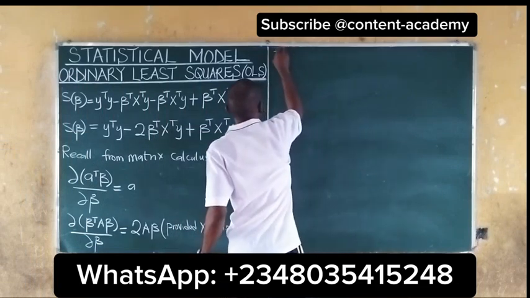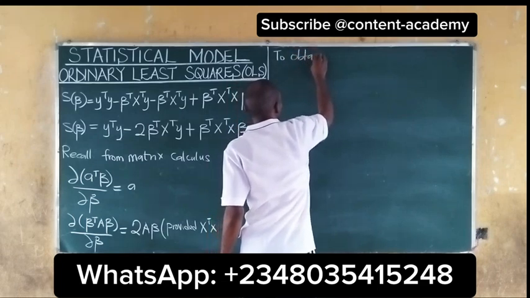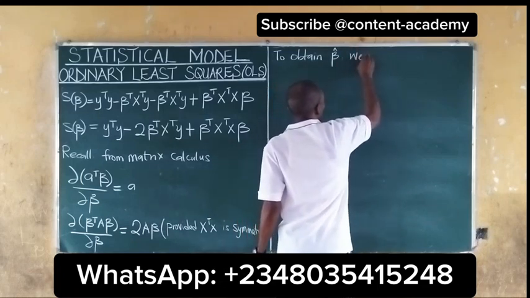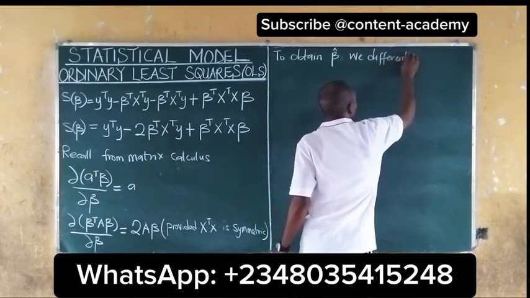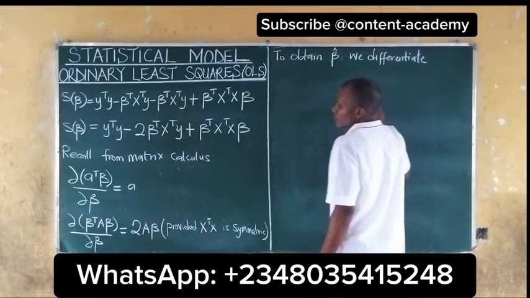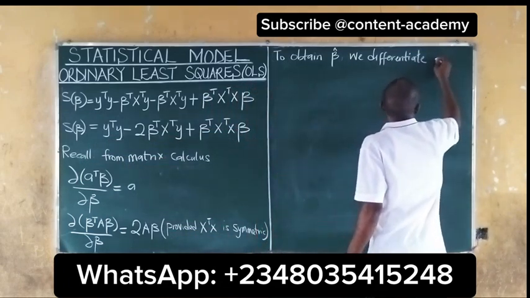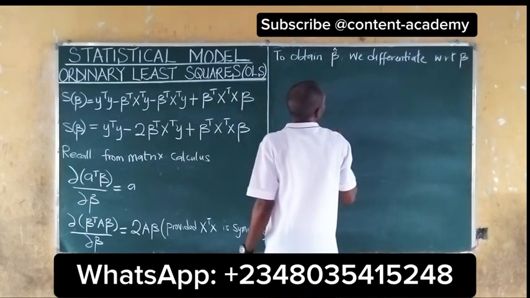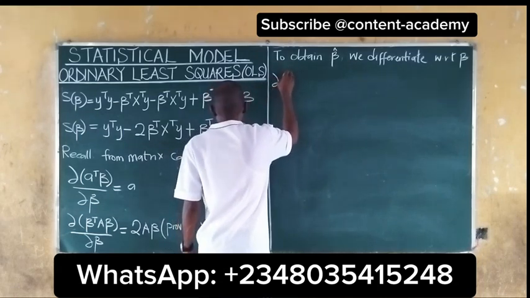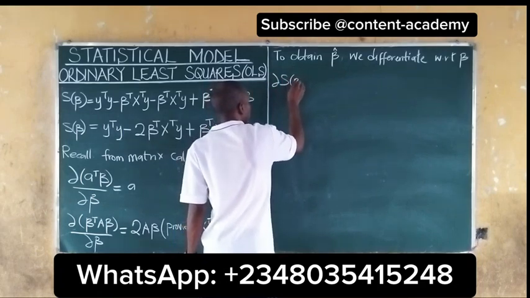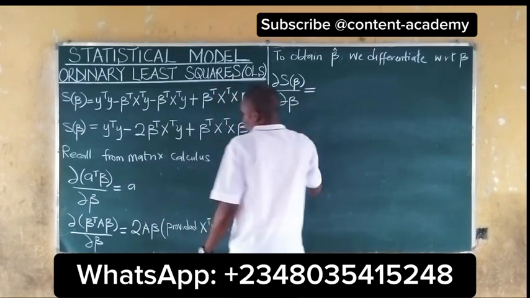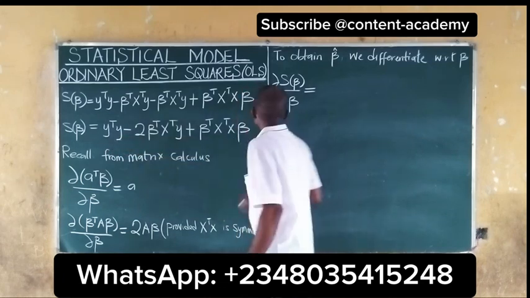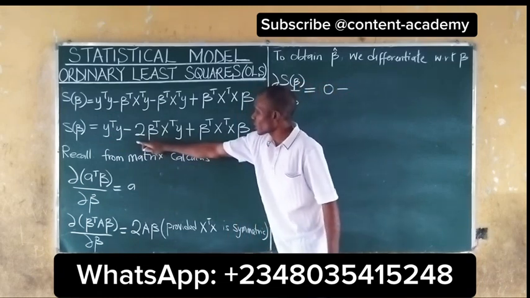So we say, to obtain B estimate, which is our vector, we differentiate this function with respect to beta. So we have the derivative of our objective function, which is the derivative of S(B) with respect to B. If we differentiate this, we get 0 because there is nothing like B attached here. So we have 0 minus, if we differentiate this function,